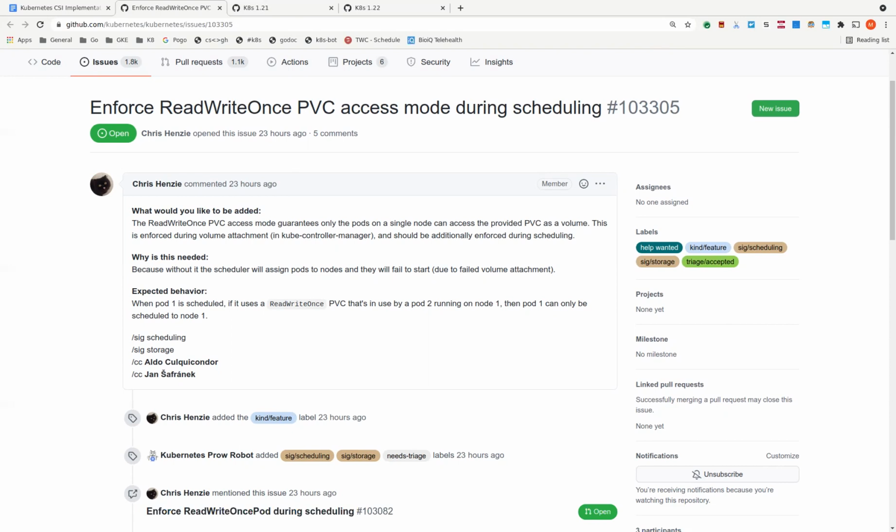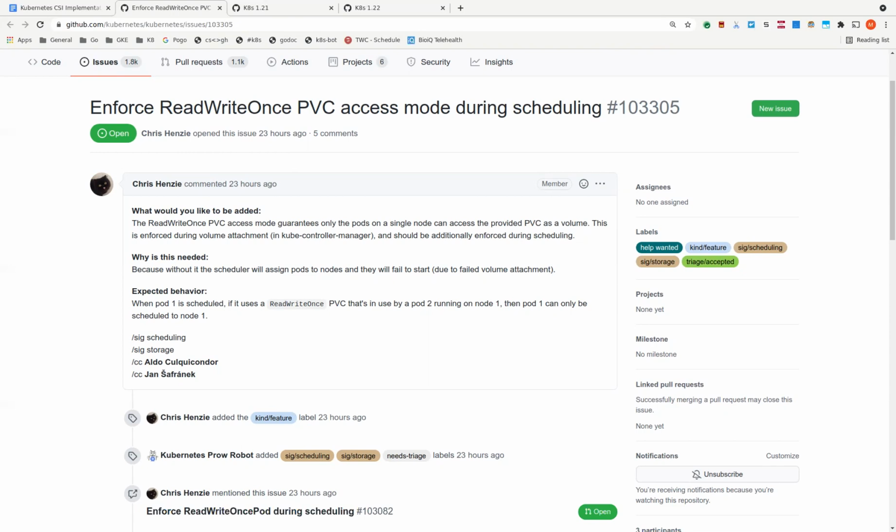But yeah. I mean, without the scheduler changes, it's not consistent today, right? We have enforcement in the attach detach controller and enforcement in kubelet. And either way, we need those changes. We need that enforcement in those other places because people can bypass the scheduler. Yeah.